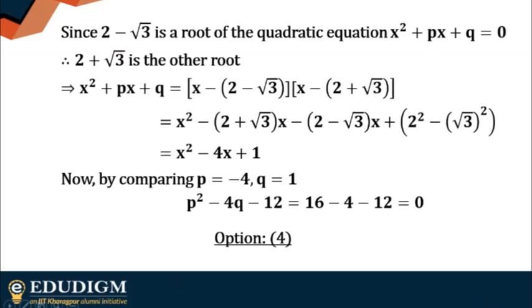How 2 plus root 3? Okay, the point is, suppose you have this 2 minus root 3. So there will be conjugate surds. Okay, the irrational numbers, they will be conjugate surds. Now, what is given here is P and Q belong to the set of all real numbers. Okay, this conjugate surds only happens when the coefficients are rational. But again, since you are considering real numbers, rational numbers are obviously a subset of the set of all real numbers, so if it doesn't happen for a rational number, it won't happen for real numbers.